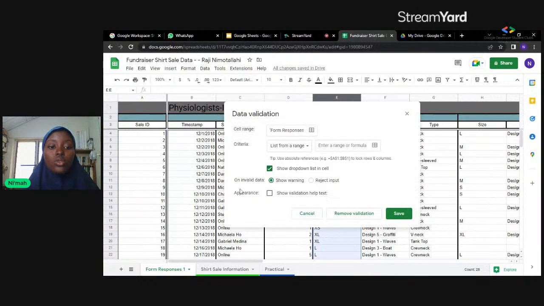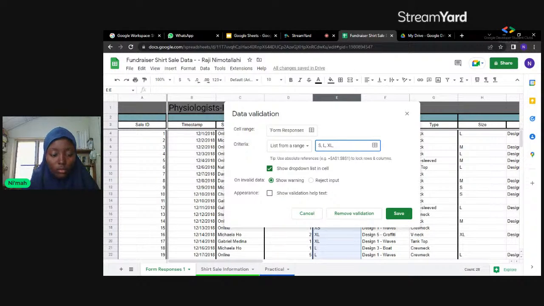So we just come to your data validation. Okay. So we have small. Now we want them to pick just S, L, XL, XXL. So you write what you want them to pick here. So you put XS, L, XL,